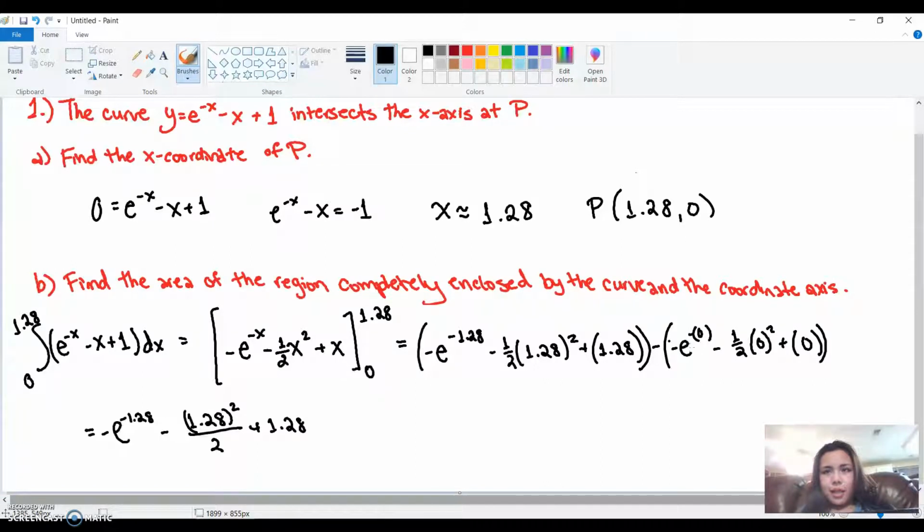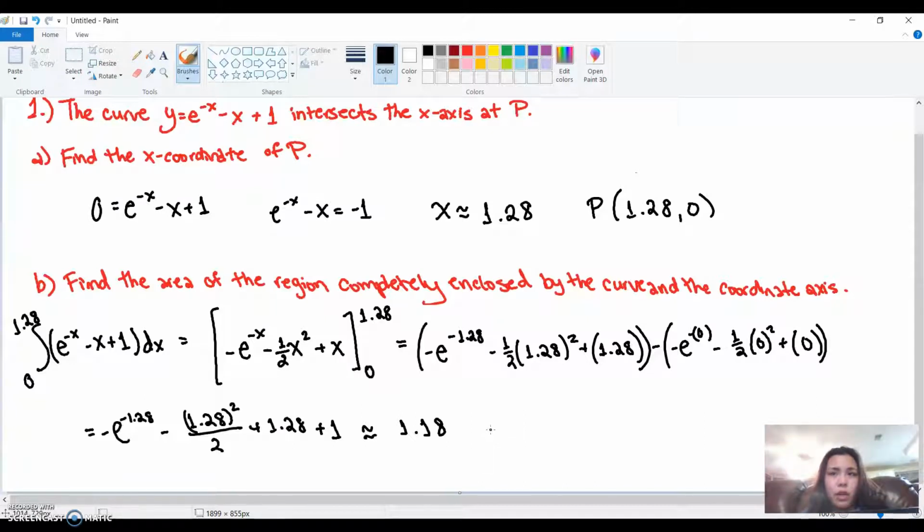So minus negative 1, that's plus 1, minus 1/2 times 0 times 0, which is 0, plus 0, which is 0. This is our answer, and once we simplify that and plug that in, we get that this is around 1.18. Therefore, the area of the region completely enclosed by the curve and the coordinate